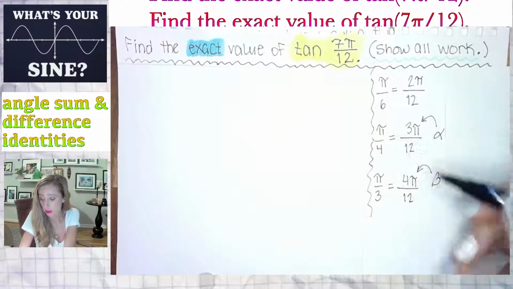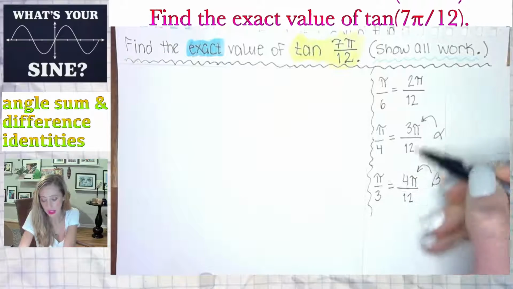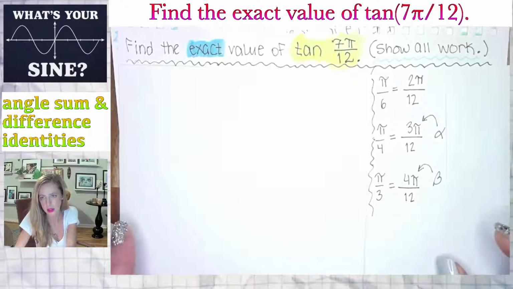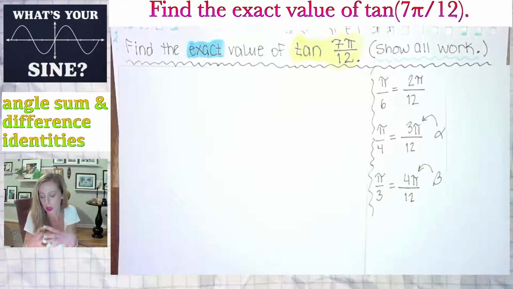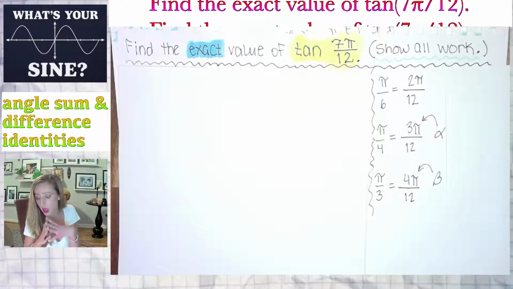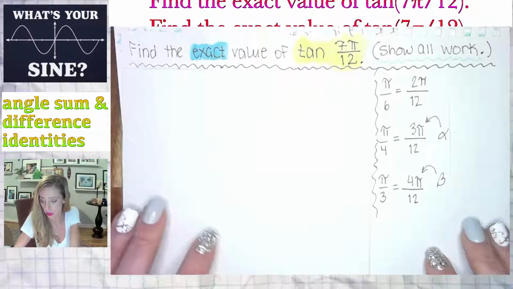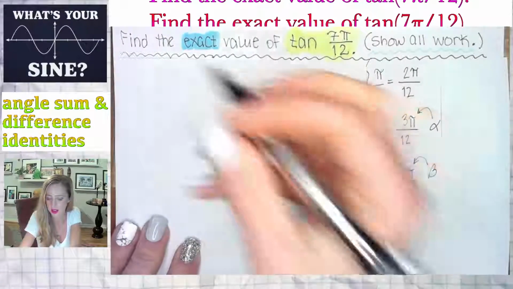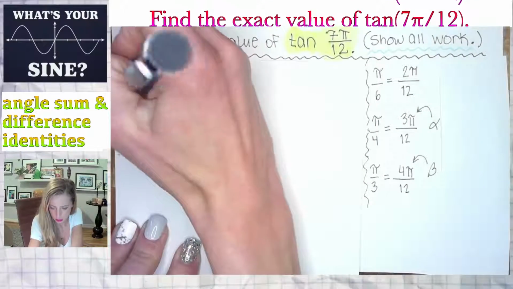Alpha is pi over 4, beta is pi over 3. When I write them with the common denominator of 12, we clearly see 3 pi over 12 and 4 pi over 12, which, as we add them, we find their sum, we get 7 pi over 12. I just want to make sure I don't go off the screen. I tend to do that sometimes. So we have,